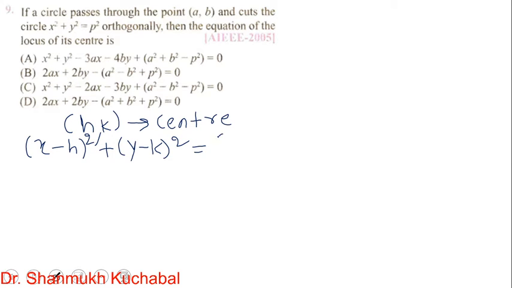This is equal to (a minus h) whole square, which I have taken from here, plus (b minus k) whole square. Further we need to simplify it. (x minus h) whole square as (a minus b) whole square, similarly here also we have to use the (a minus b) whole square formula, and the remaining two parts also we have to apply the (a minus b) whole square formula.